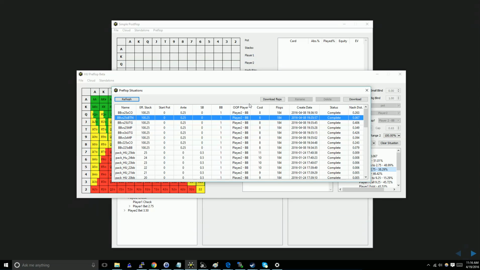If you have a solver license, you'll also be able to edit the flops and resolve the post-flop portions of the solutions. But even without a solver license, you can look at all the post-flop play without any problem. Now, before we open this up, I want to talk a little bit about some of these numbers here, because there are a few things that might be a little confusing if you haven't modeled some of these situations before